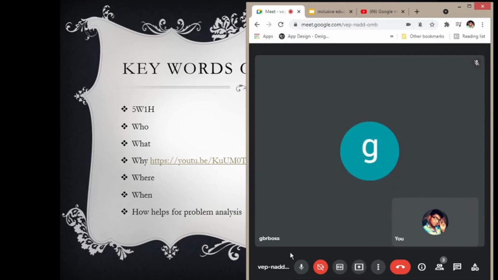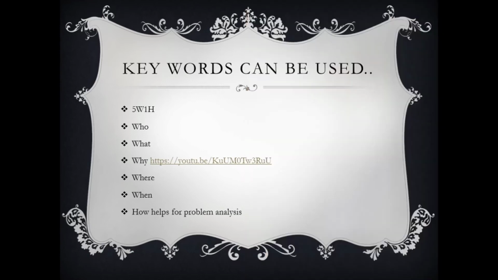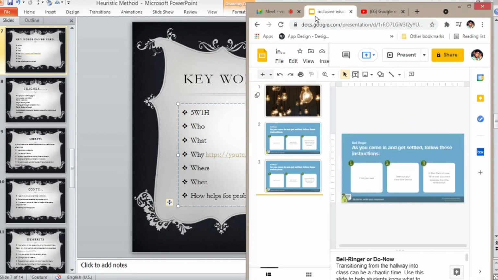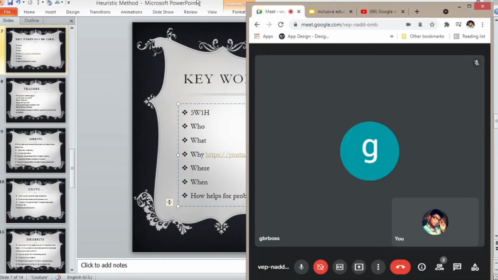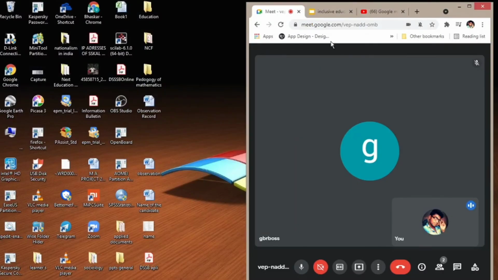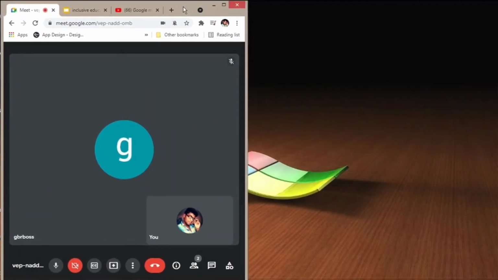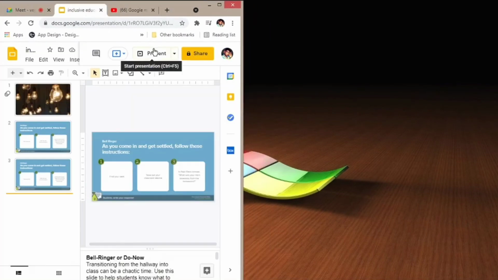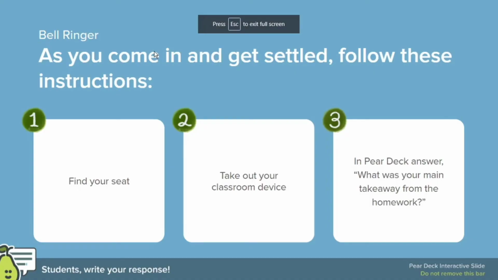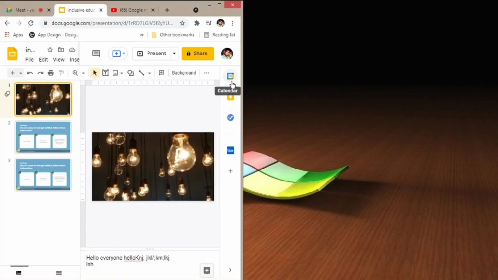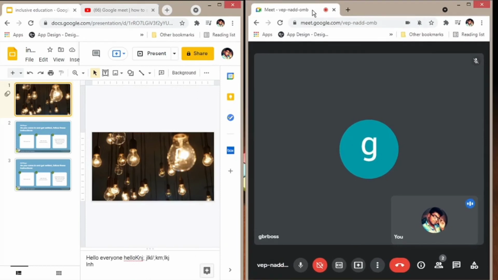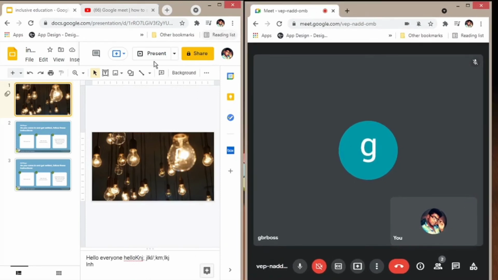Now what we are going to see is inside the presentation, that is, Google Slides. If you are presenting with Google Slides, let me close this. Now there is an advantage. See, my Google Slide is here. I am going to present, so it comes full screen. So what I am going to do is make it into two smaller windows. Okay, now present.